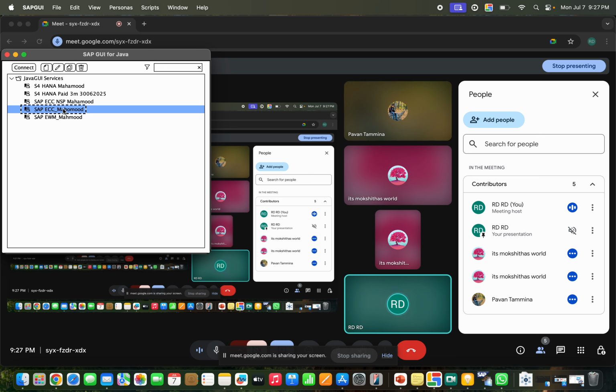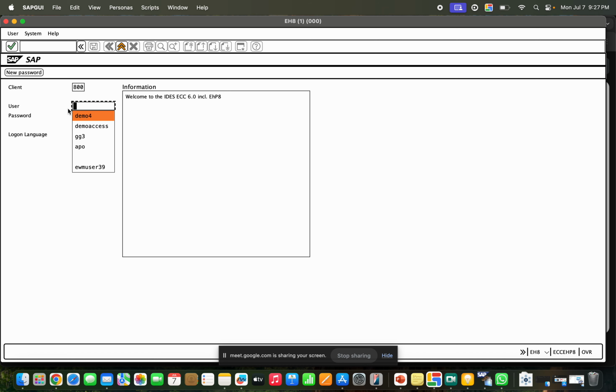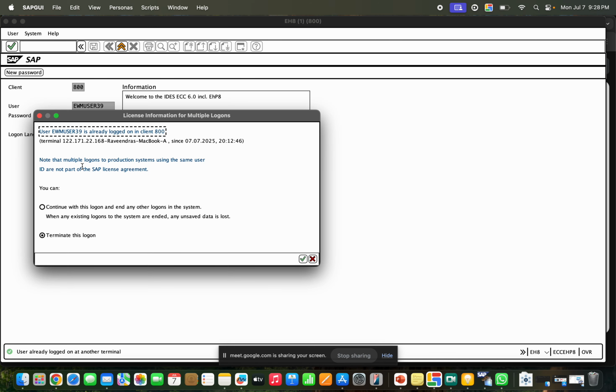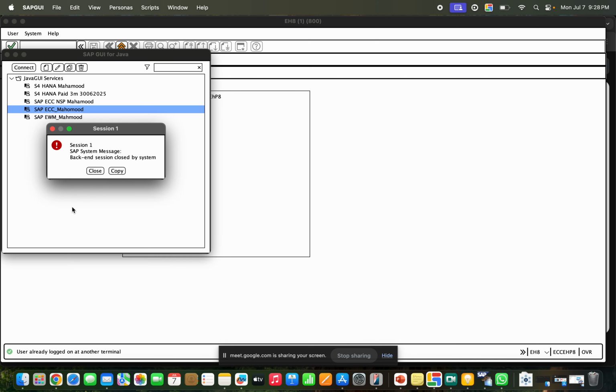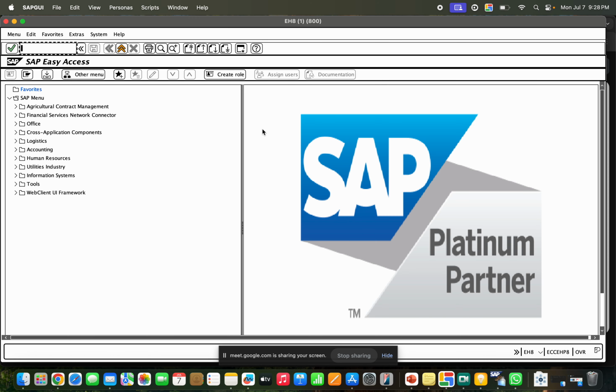In case you forgot the password, if you continuously enter the wrong password 3 times, the ID will be locked. Okay, so if it is locked, then what will happen? You cannot log in to the system even if they reset the password. So they have to unlock the user. For that, where will they go? They will go to